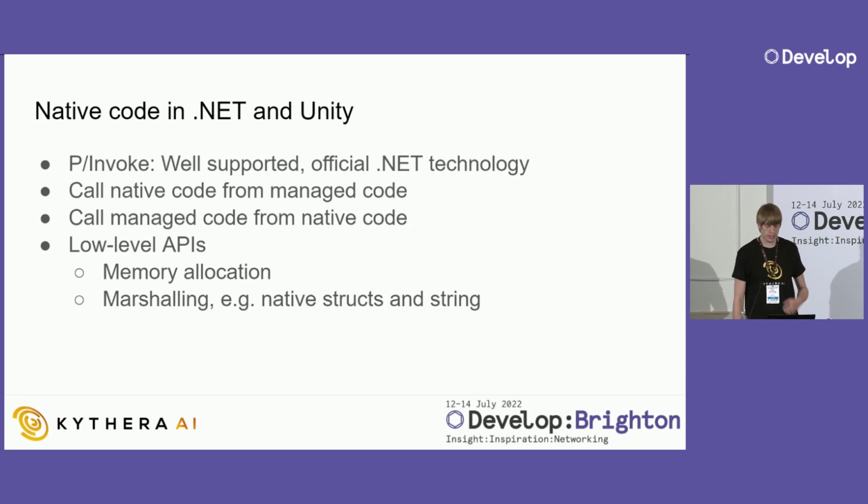So how does interacting with native code work in .NET and Unity? The technology for that is called Platform Invoke, or Pinvoke for short. It's a well-supported standard .NET technology that has been around since before even 1.0 of the .NET Framework. It's well-supported on all Unity platforms, in both Mono and IL2CPP backends, and all platforms: consoles, mobile,